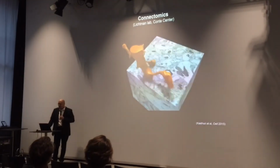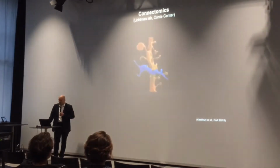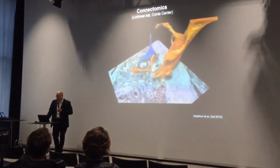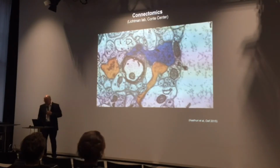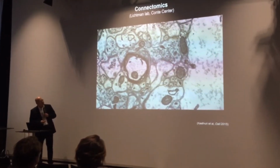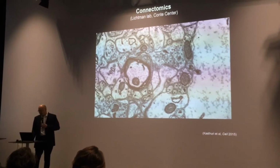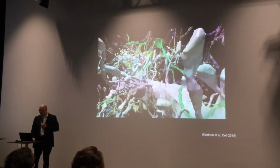Based on the structures that are found in these electron microscope images. And so now, rather than a cartoon as we showed in that video, you see the actual neural circuits. And you can see in blue the presynaptic element, because it has vesicles which can release a neurotransmitter onto a postsynaptic spine-like structure. And so using this approach, Jeff Lichtman and colleagues at Harvard are able to reconstruct actual circuits